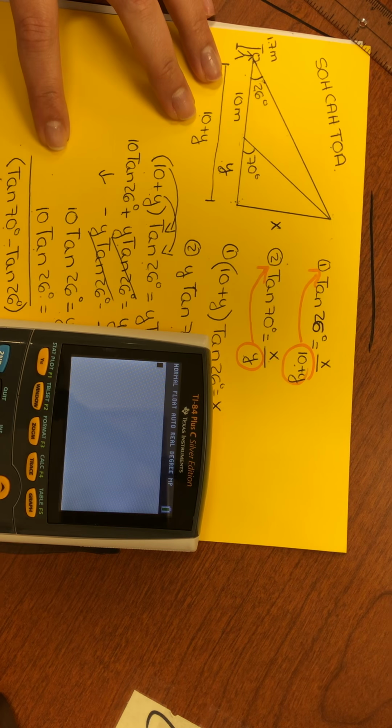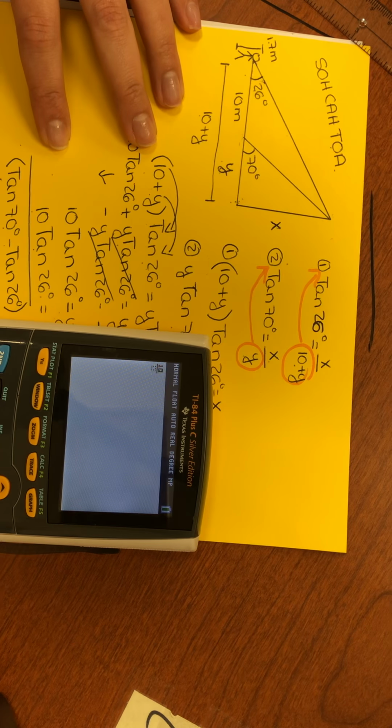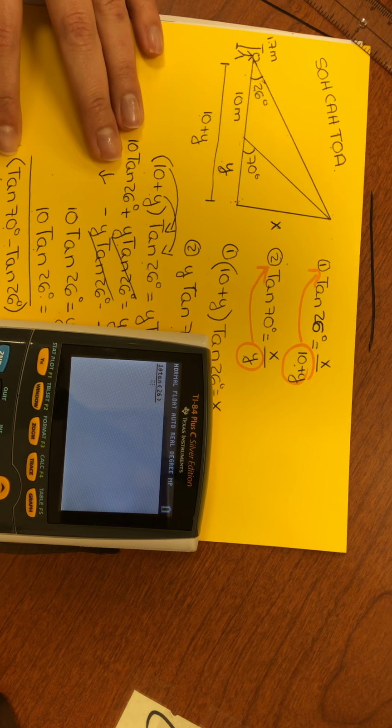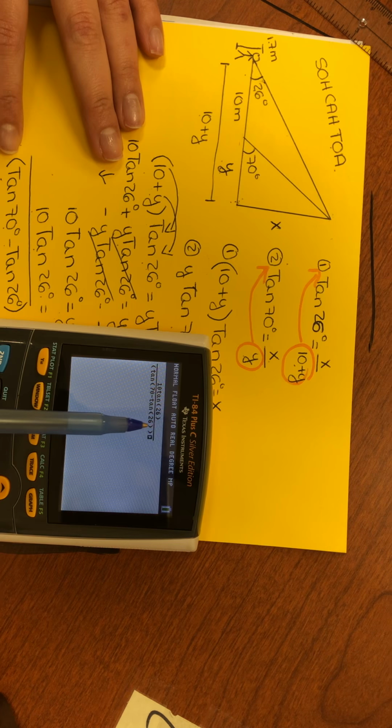Let me do alpha y equals to have a fraction, and then you will do 10 tangent of 26, go up to close parenthesis, go down and then do parentheses, tangent of 70 minus tangent of 26, and then you close parentheses 2 times. You close parentheses for the first one and for the tangent one. So you hit enter and you get that y is equal to